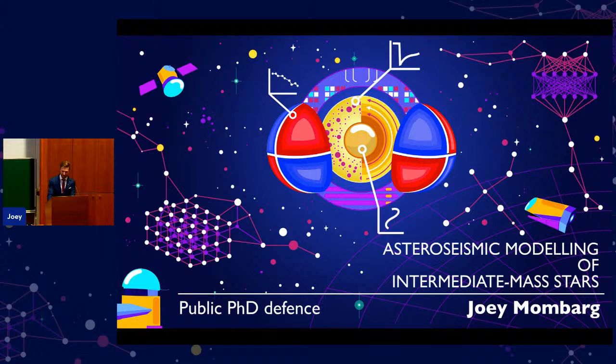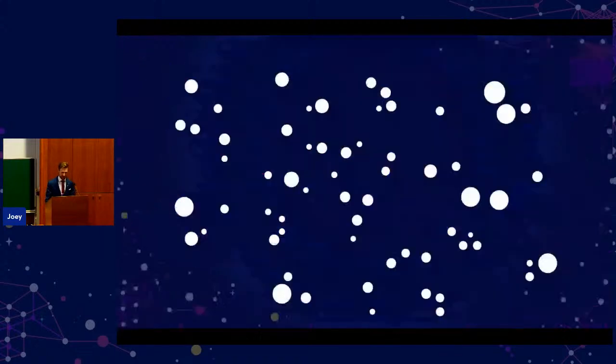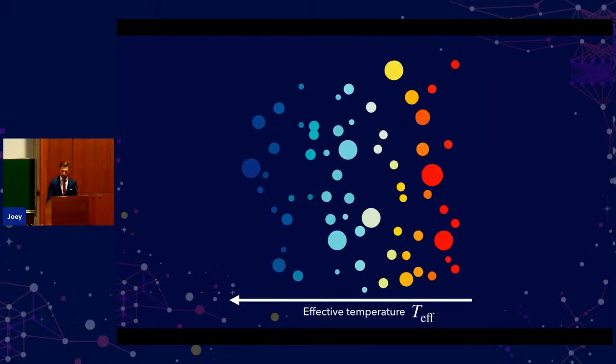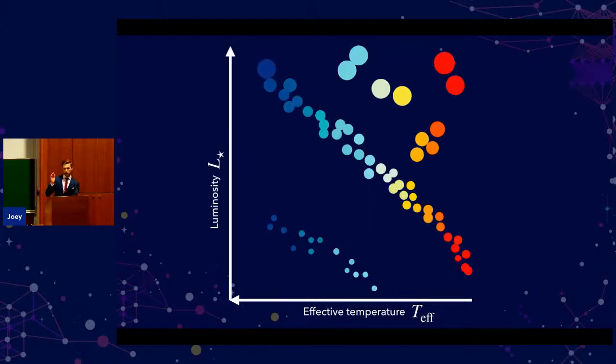All right, imagine yourself looking up at the sky on a warm, clear summer night. If you were to look very carefully, or maybe if your eyes are a little bit better than they actually are, you would see that stars have different colors. If you then were to sort the stars based on their color, or equivalently their effective temperature, putting the bluer, hotter ones on the left and the cooler, redder ones on the right, and then in the other direction, sort them by their intrinsic brightness, or luminosity, you would arrive at what we call as astronomers the Hertzsprung-Russell diagram. And in this diagram, you see that there are certain regions that are more densely populated than others, because what you see here is stellar evolution and stellar structure in action.